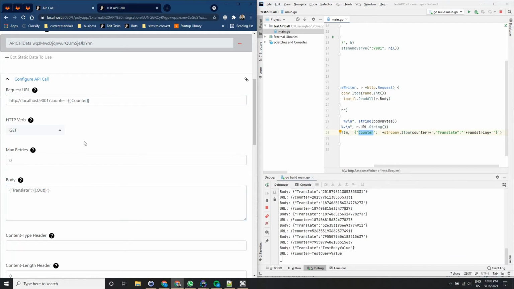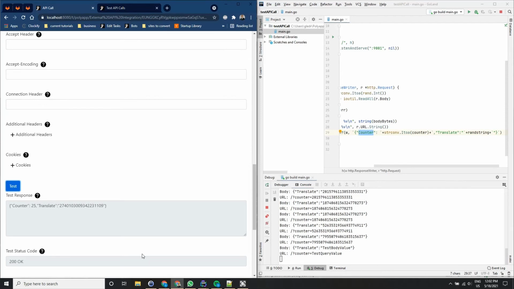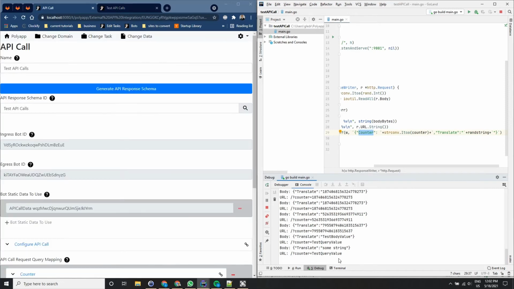Just to clarify, this is not necessary at all. We could just delete this and instead use some string, and it would actually be easier to make such a request. Yep, and we can see some string was part of the request. So